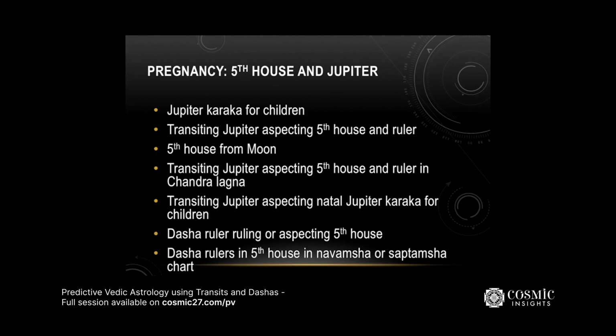And the dasha ruler should be aspecting the 5th house, okay? And when the dasha ruler is in the 5th house, in the Navamsha or the Saptamsha chart, what the D7 chart is for children. But when you look at the Mahadasha or the Bhukti, if they're in the 5th house of the Navamsha or the Saptamsha, you can predict